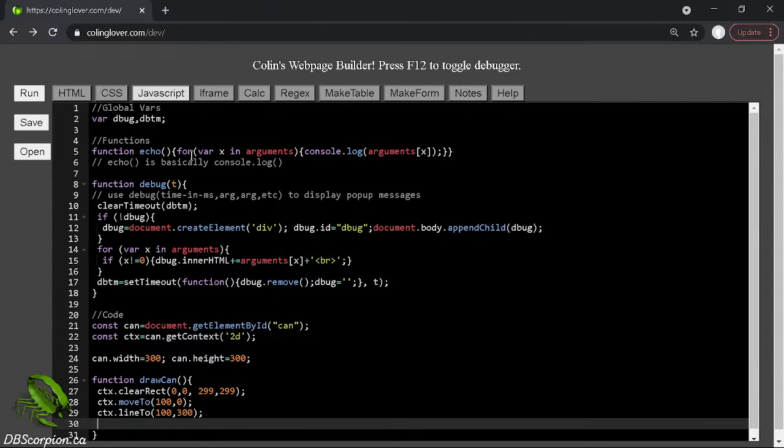So from here we could also do a line width, basically the thickness of the line. We're probably going to want that decently visible. We'll make it 4 pixels. And if I was to hit run here now,